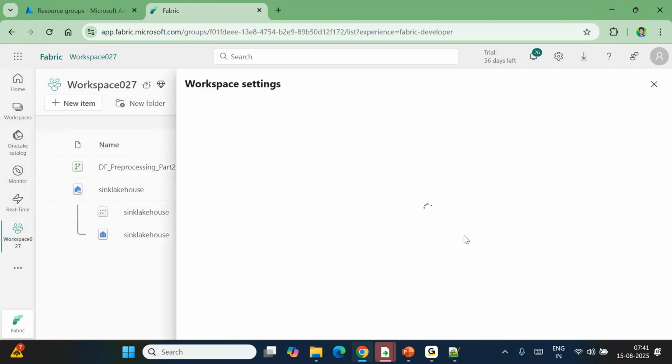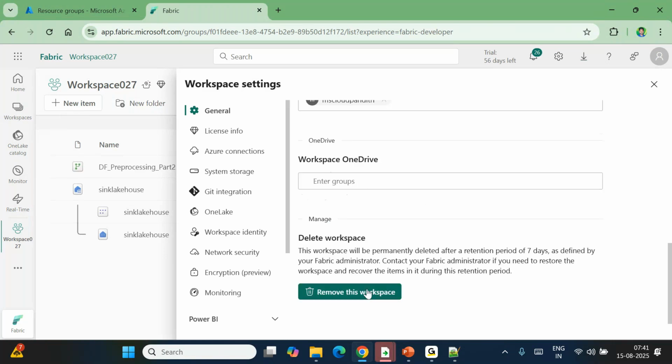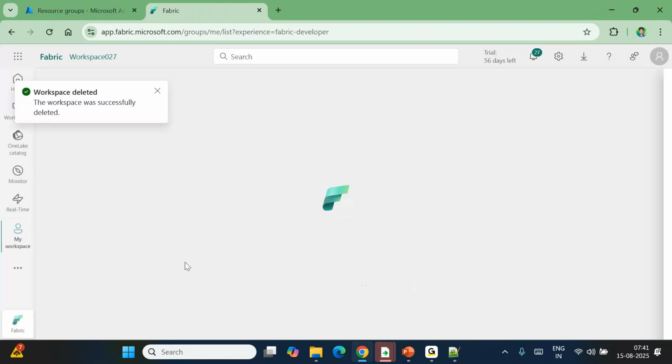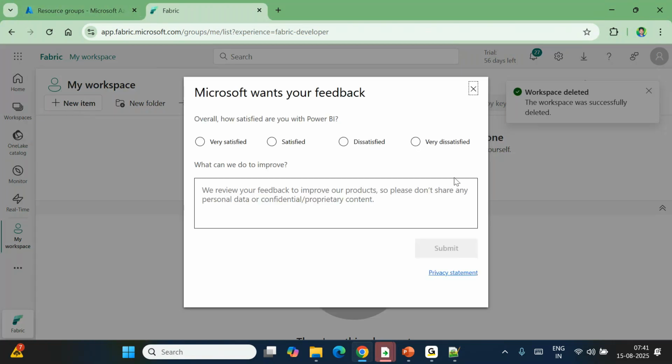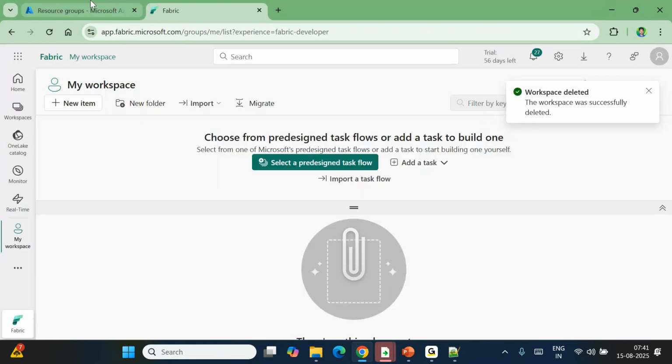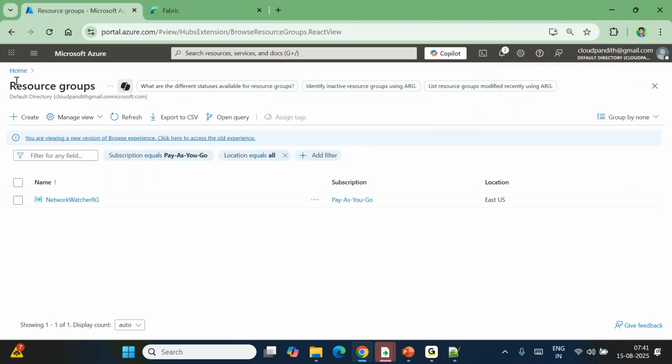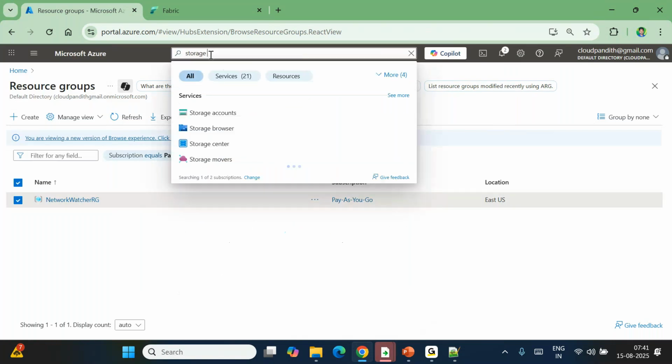Let's delete this also. Now we have cleaned the Fabric account, we have cleaned the Azure account. Now first thing first, I'll go to the storage accounts and I'll create a blob storage,